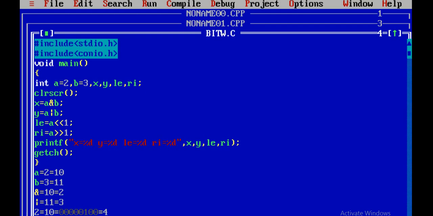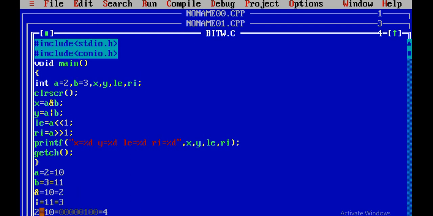So the bits will be shifted to this side, and where is the empty place? Here we have an empty location. A byte consists of 8 bits, but we only have 7 bits over here, so that will be filled with 0. Now this is nothing but the binary form of 1 only.